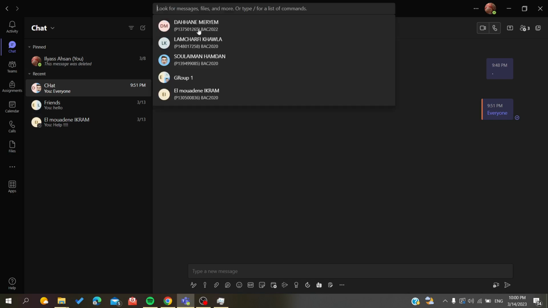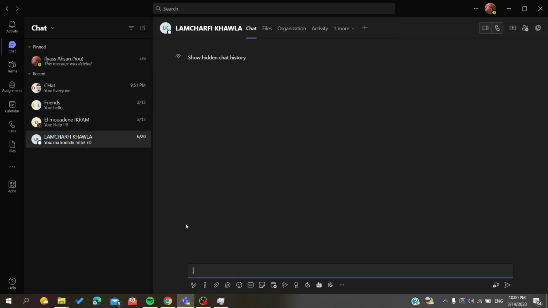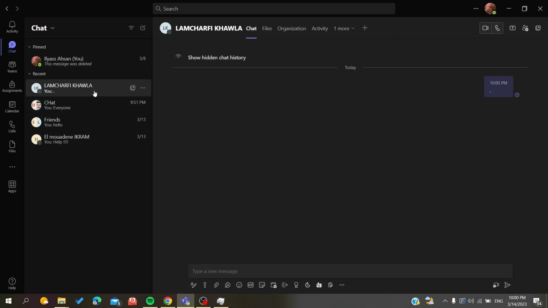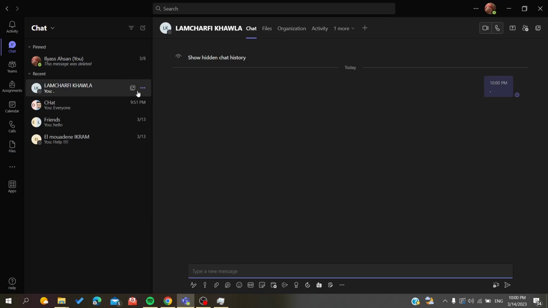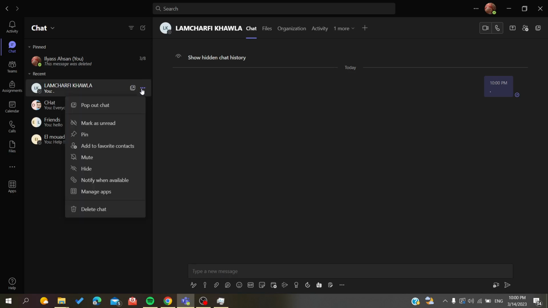So let's just choose, for example, someone who is still away, and as you can see, this person is not available. So basically, to get notified when they are available, all you need is to right click on it, or you can just click on this 3 points action and click on it, and then you will find notify when